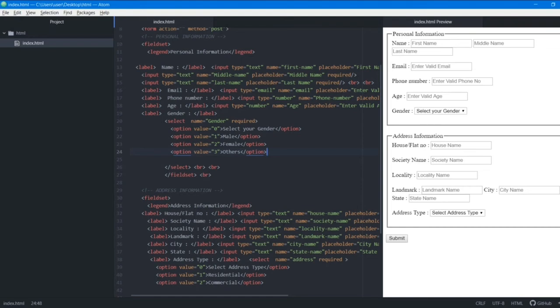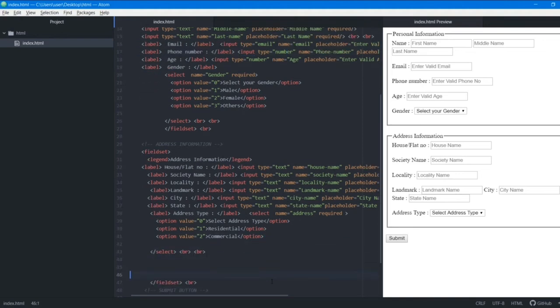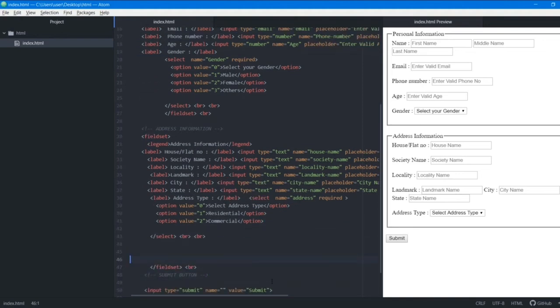Now we are going to see a few more things. Other than this, we are going to see all of the values that are present in the type attribute. We saw text, we saw email, we saw number, and we saw many more in the last video. Checkbox, radio, drop down, all of them. Now we are going to see a few more of them. Okay, I'll just do it before the submit button. I'll show you what else we have inside this. Now we saw text, checkbox, radio.